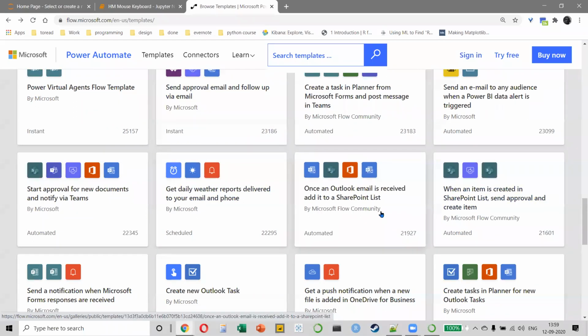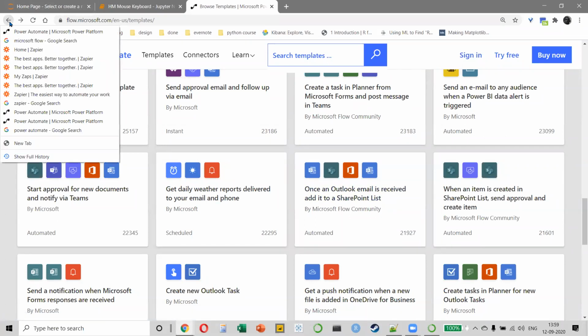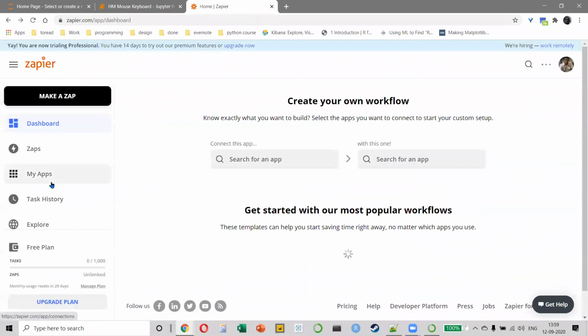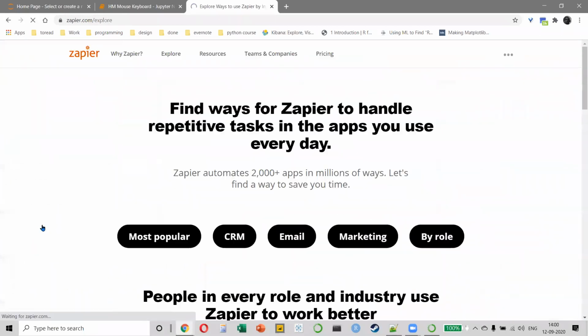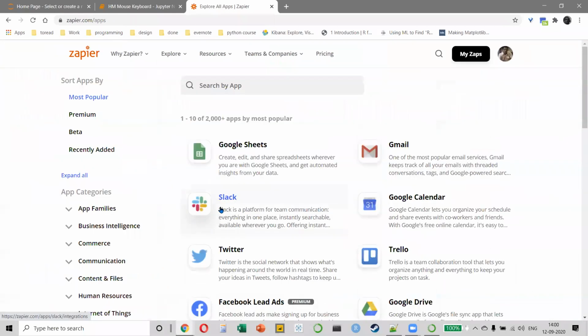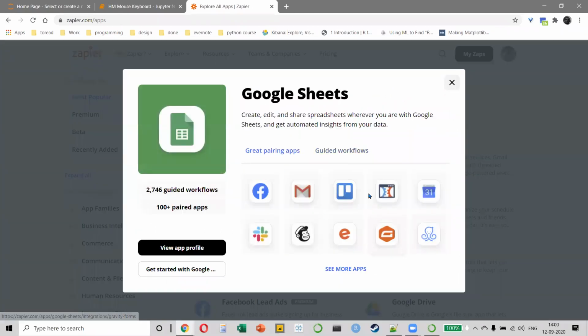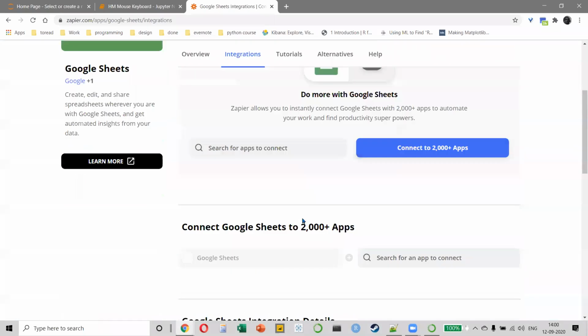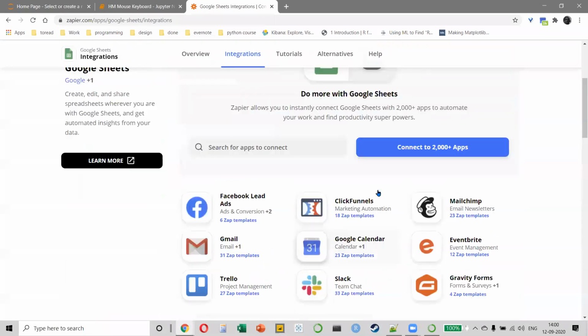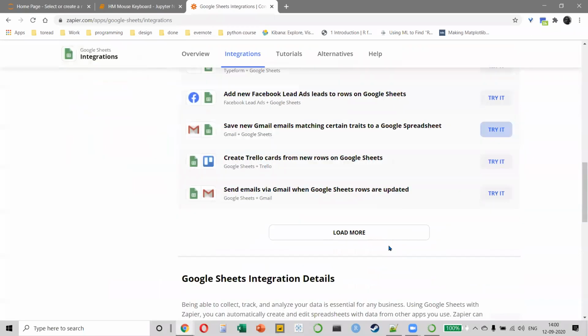In Microsoft, you can only interact with different Microsoft applications. But with a company like Zapier, it will help you automate across different types of applications. For example, Google Sheets, which means that when a user enters a value in Google Sheets, it will automatically get appended to my Excel file as well, like this, right? Like this. So it's amazing, right? Again, I'm not covering this in detail, but definitely something you guys should have a look at.